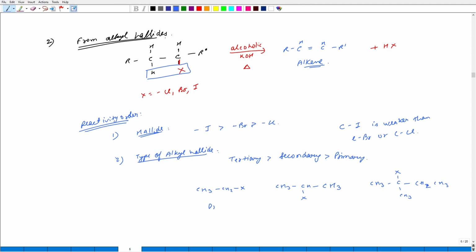Okay. This is a primary alkyl halide, because the carbon where the halide has been attached is attached only to one other carbon. In this case, the halide is attached to the carbon which has been attached to 2 carbons, and in this case the halide has been attached to the carbon which has been attached to 3 carbons. So, what I am saying is that the tertiary will be more reactive than the secondary than the primary. Okay. The one thing we need to take care of in this case is that the carbon beside the halide carbon must contain a hydrogen. For example, there should be no such case that a carbon X